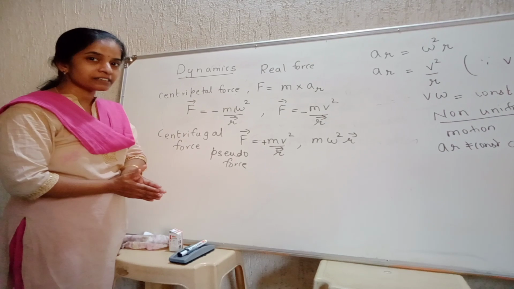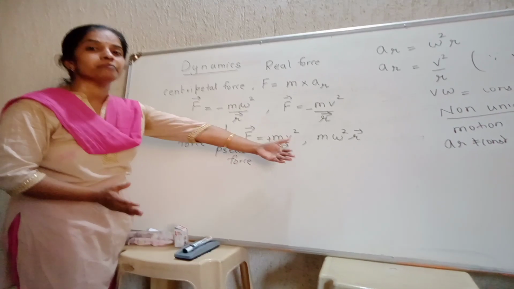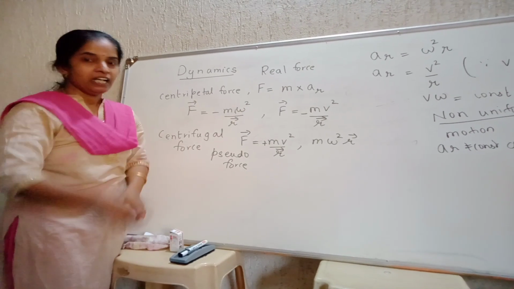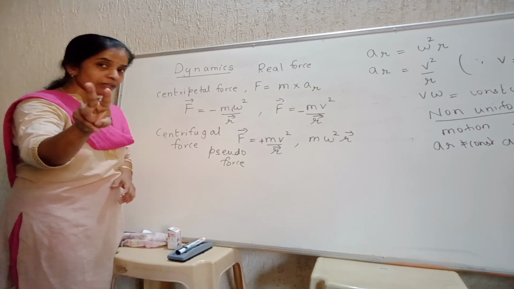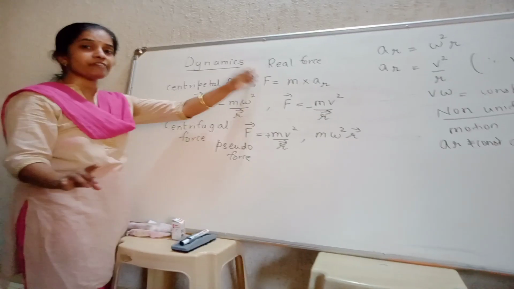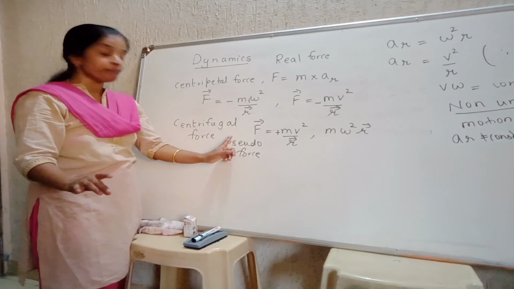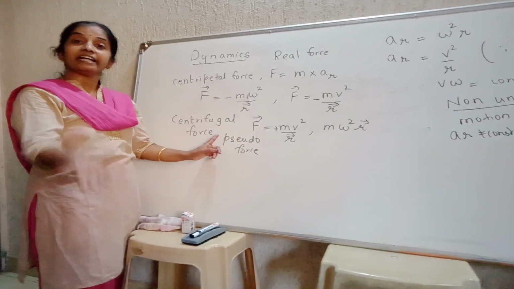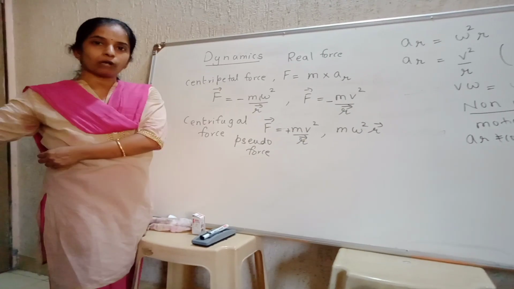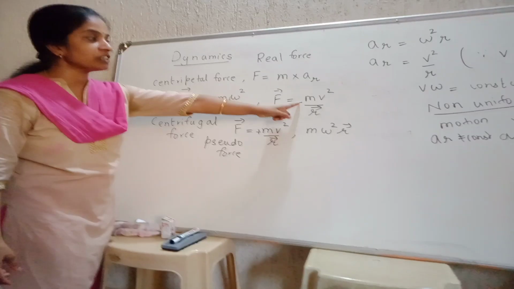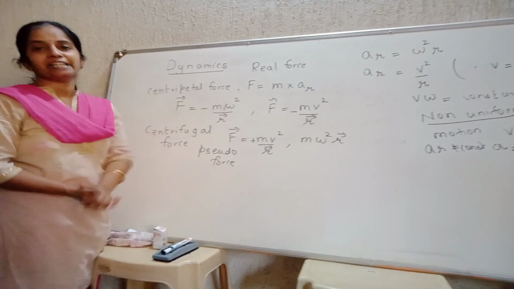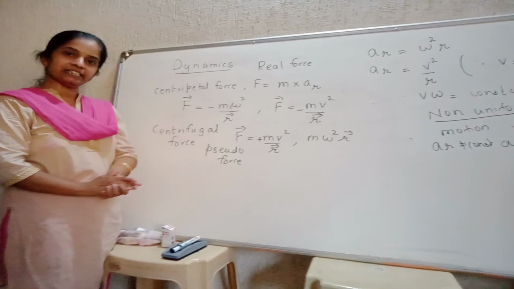What is that called? It comes into play when Newton's law fails, means where the body is in an accelerated frame of reference. Last year you learned two frames of reference, inertial and non-inertial. Inertial frame of reference is as per Newton's law, accelerated frame of reference is against Newton's law. Clear? Centrifugal force is opposite. Centripetal force is pulling the particle towards the center, centrifugal is pulling it away from the center. Clear concept? Is it okay?